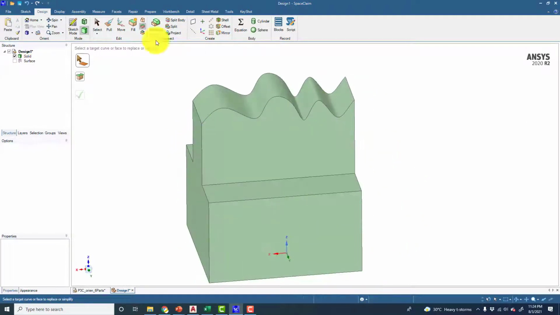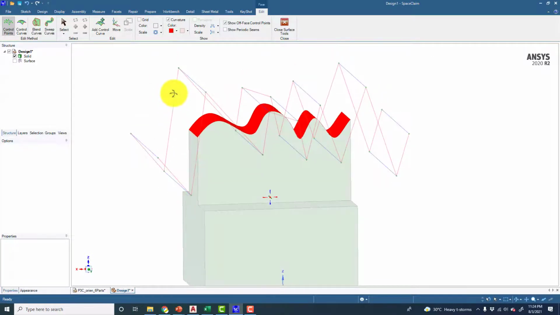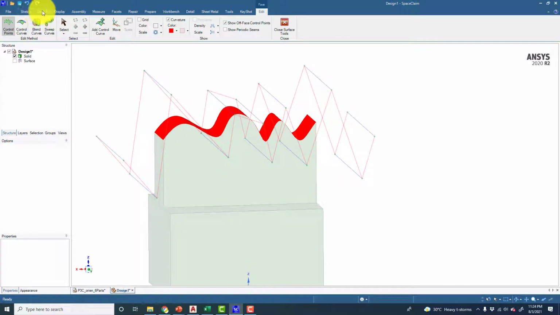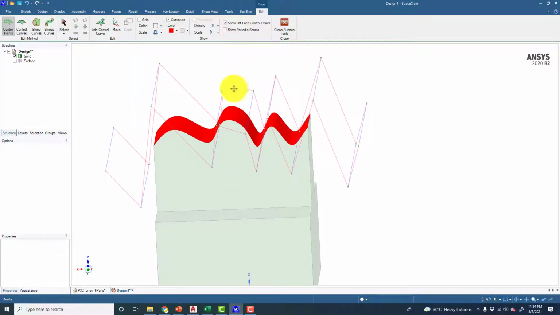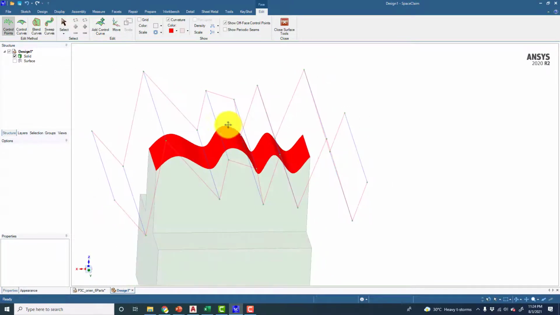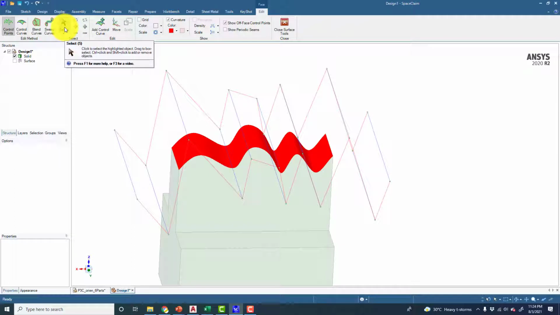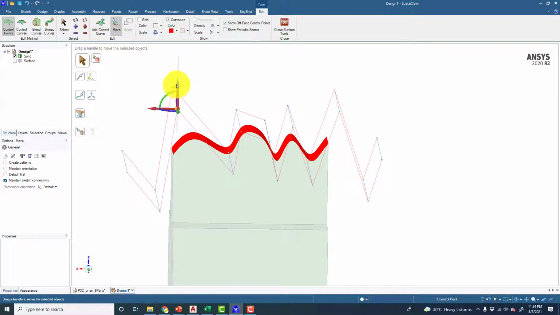And the second thing is that if you want to modify this modified geometry further, we have the option to modify the surface, and this comes from this option here. So we have the face edit command, face edit menu in fact, and now we have the control points. And if you want to add more control points, you can do it, and you can also add control curves. So let's say I move these points slightly up and down. With this move command, I can modify the shape of this geometry like this.